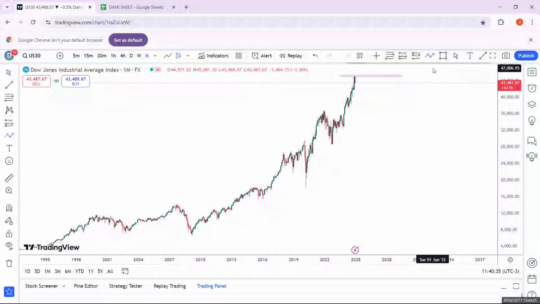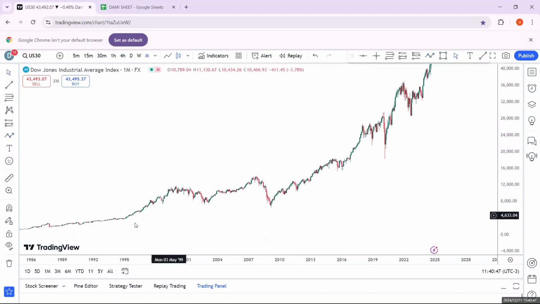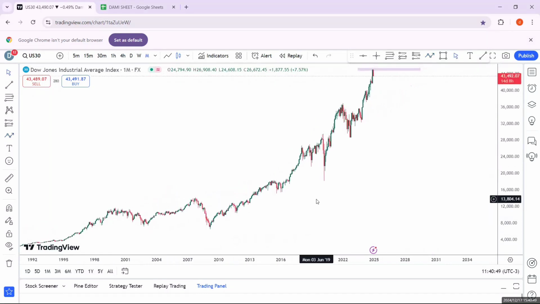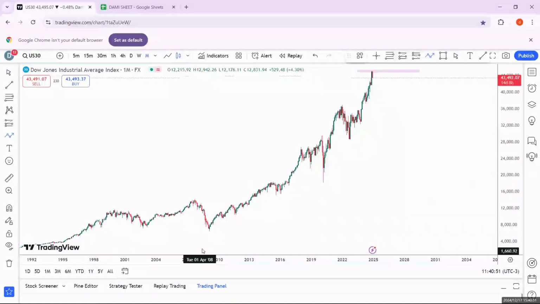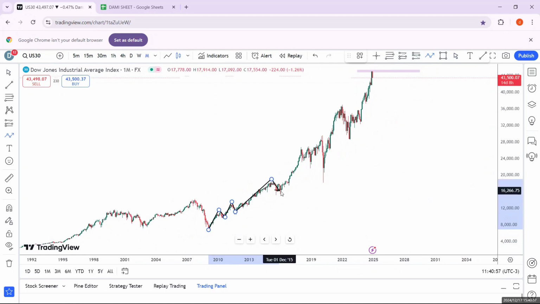Then the next thing is what? Let's read the structures that took prices to that point. Price has been bullish forever. So let's just go ahead and read the structures that took prices to that point. The structures are clear bullish structures. Let's kick it from here. Like I said, price has been bullish forever, but let's just kick it from this level right here. This is around 2008. Let's just kick it from here to identify the bullish structures. I can identify the bullish structure from 1977. It's all the same information because price has been bullish, so it's the exact same information even if you want